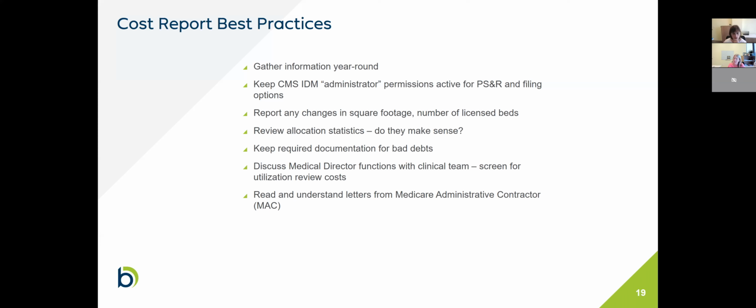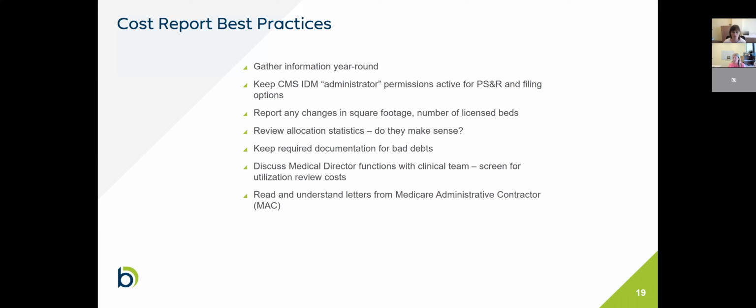And lastly, when something comes from your administrative contractor, generally it's that they've given you a tentative settlement of your cost report. So they've looked at your cost report, said you've filed all the things that you need to file, you're good to go for now. Or there's a notice of program reimbursement. What that notice says is, okay, you filed your cost report, we've reviewed your cost report, or done a desk audit of your cost report, we agree with it or we disagree with it, and this is our final notice saying